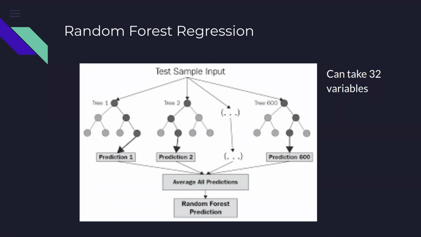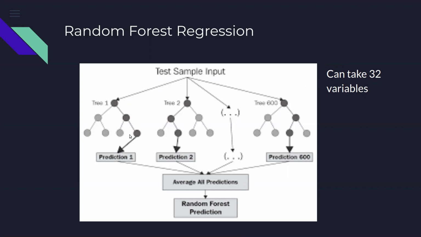And therefore, it is actually removing the bias or removing the errors which you may get from one decision tree. And that's why the selection of these trees, for which trees I choose and make the prediction, is done in a random fashion. And that's why it is called random forest.